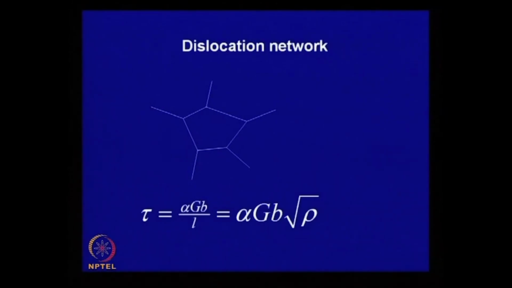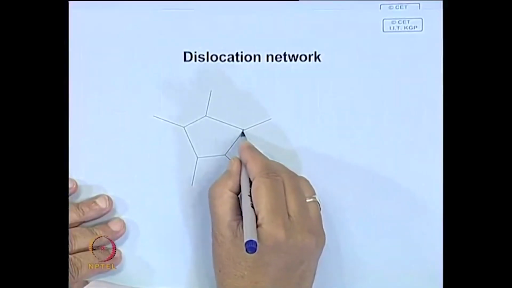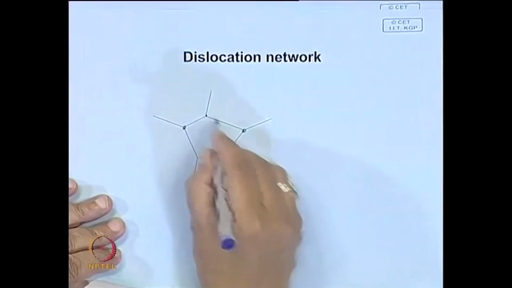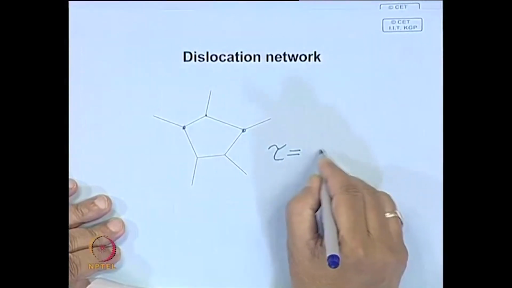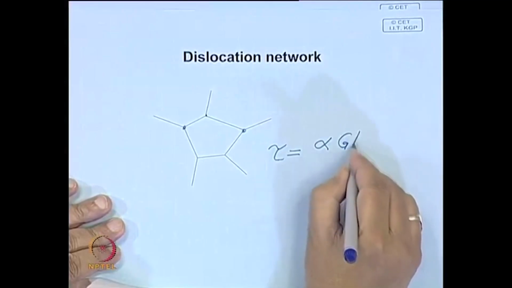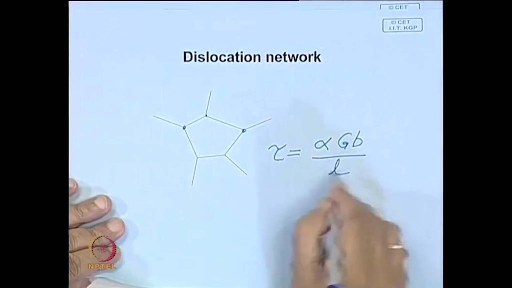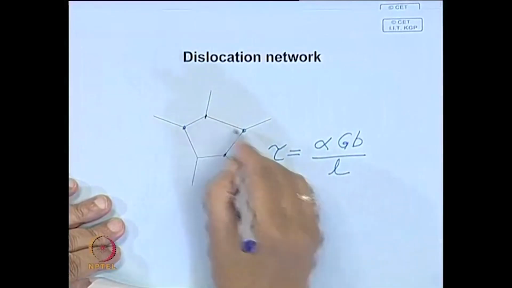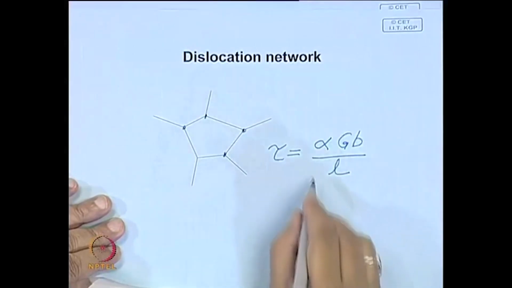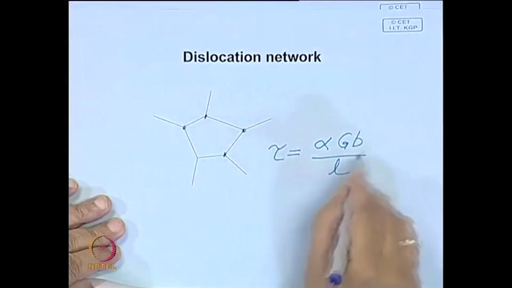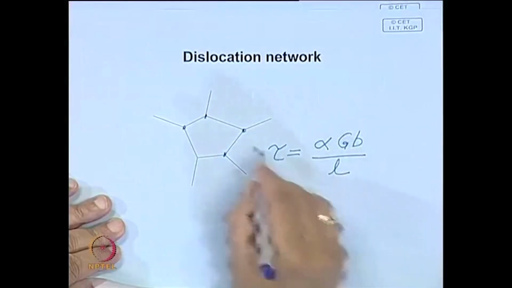Now, dislocations are always present in the material, and they can form a network of dislocations. You get a very stable network in cases where you have a high stacking fault energy. In this case, it is quite easy to show that rho, we have seen this expression. So, you can visualize these pinned dislocations; they can act as Frank-Read sources. The yield stress or shear stress at which deformation takes place will be this, and here L is the link